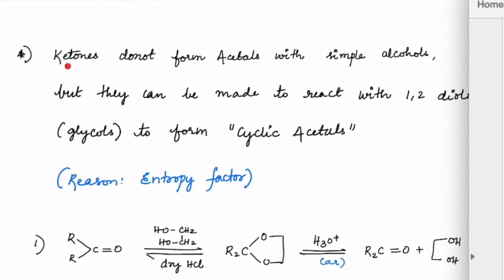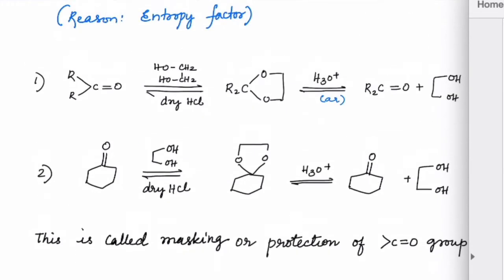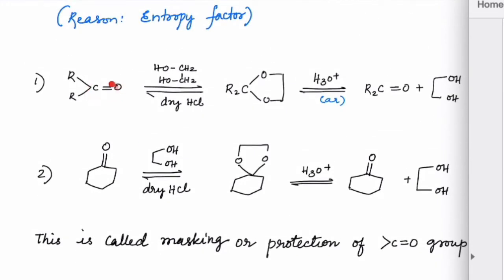But ketones do react if you take it as 1,2 diols, which means only one molecule which has two OH group sites. For instance, you can check out here. Suppose this is a keto form and we react that with glycol,